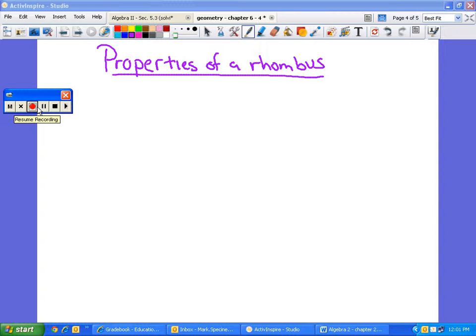Okay. Before we can get to the next problem, which I actually already put on the board, we need to talk about a couple more properties of rhombuses. Okay? So, remember, a rhombus is a parallelogram with four congruent sides. So, one property of a rhombus is that